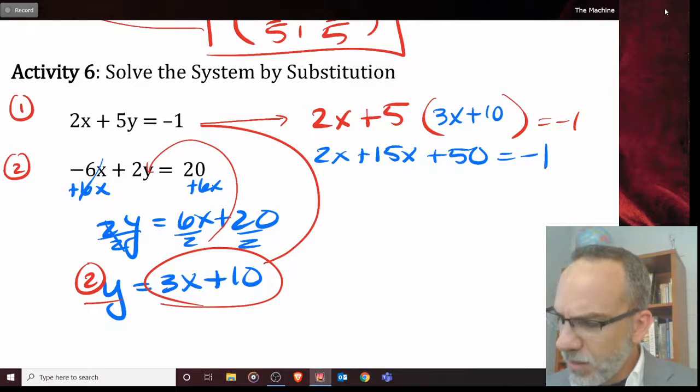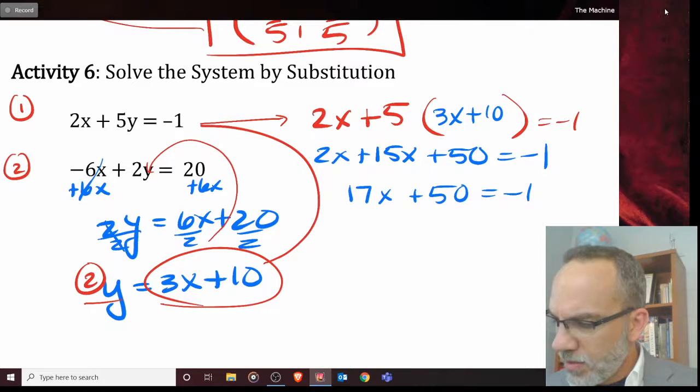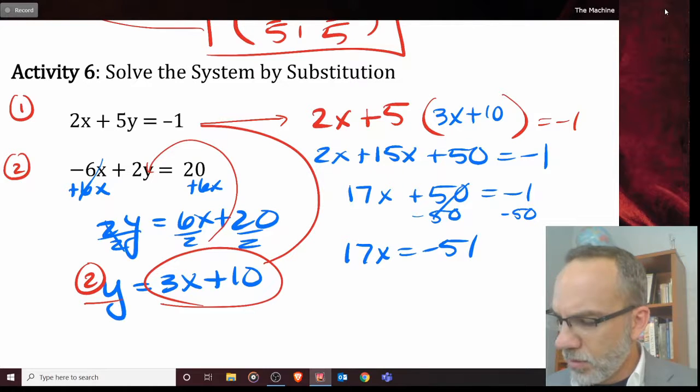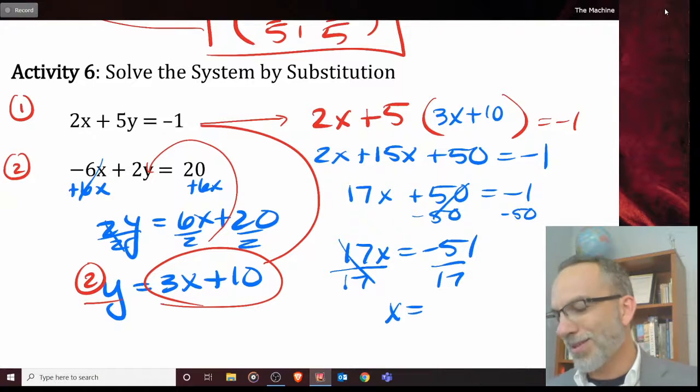Combine that, 17x plus 50 is equal to -1. Subtract 50, cancellations. 17x is equal to -51. Divide this side by 17, divide that side by 17. X is then equal to, oh my goodness,